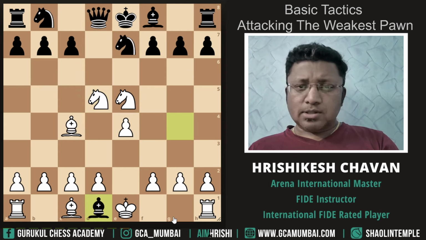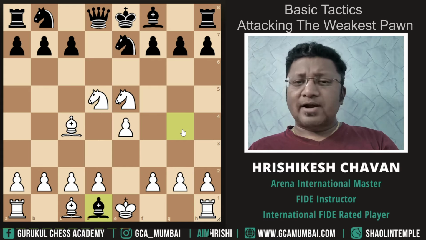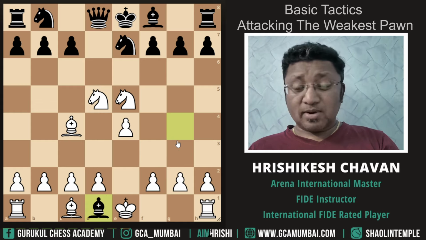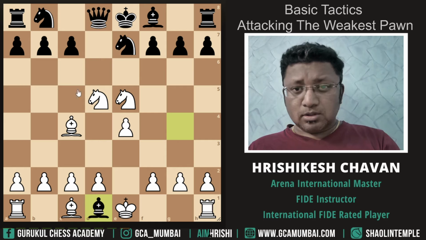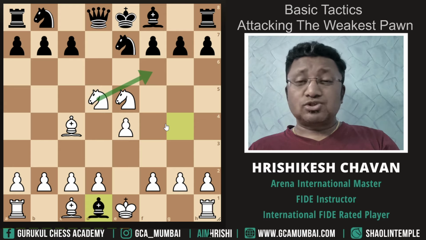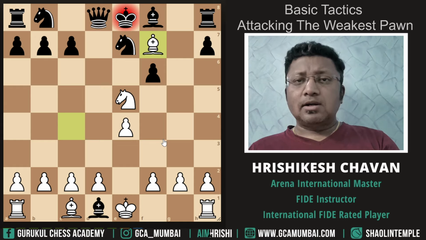Okay, yeah, this is one more very interesting position we have. White had just sacrificed the queen, maybe just for a minor piece, not even for a minor piece, just for a pawn. So yeah, knight f6 check. It's almost a mate, so he has to capture with the pawn, and then bishop into f7 is checkmate. Let's see if we are correct. Yes, we are, and it's a mate.